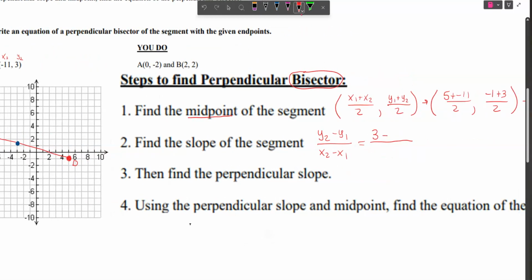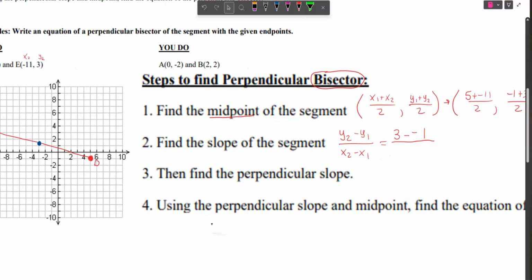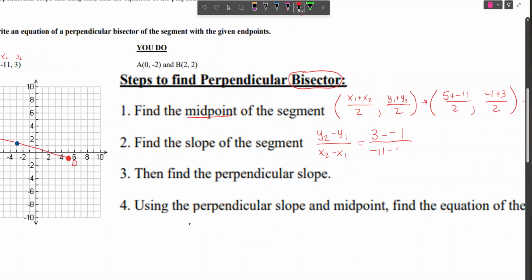So it's 3 minus negative 1. And for my x's, it's going to be negative 11 minus 5. So when we do that, 3 minus negative 1 is 4, because it's really 3 plus 1. And then negative 11 minus 5 is negative 16. These both go into each other 4 times, and so the simplified slope for this is going to be negative